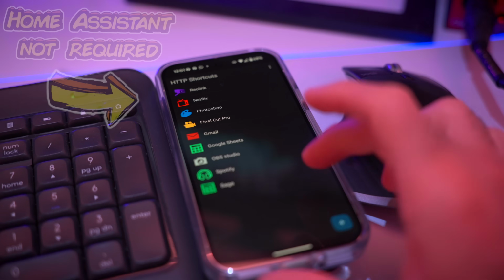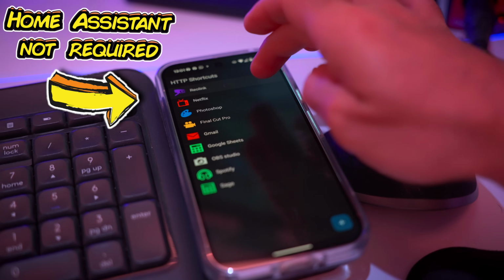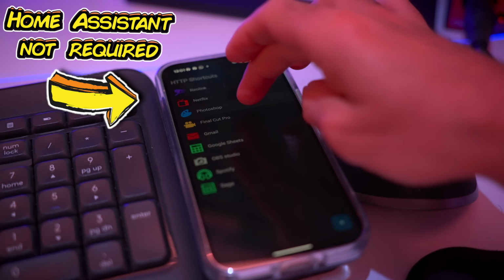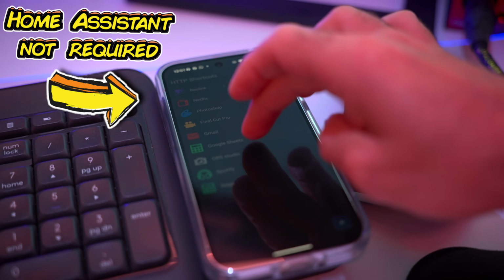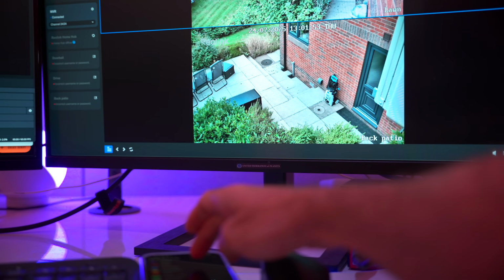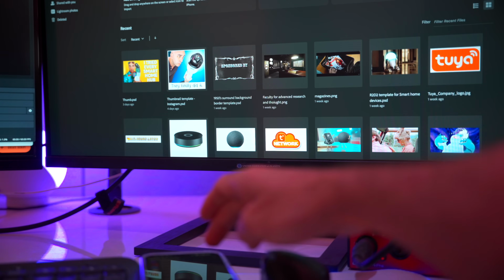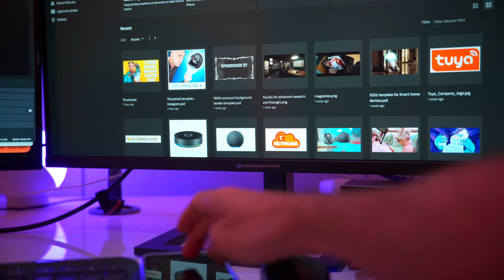If you're not a mega nerd, you might not want to use Home Assistant, so I also have this. This is an app where you just give it the HTTP requests for the script, and I'll talk you through that, literally a 2-second job, and I can press buttons on here and launch things. Again, I can do this on Windows or on my Mac. If you're a creative person or you are just a professional that wants to be able to switch between tabs, switch between applications and just do so on your mobile phone, you can just hit buttons. Not only that though, this.